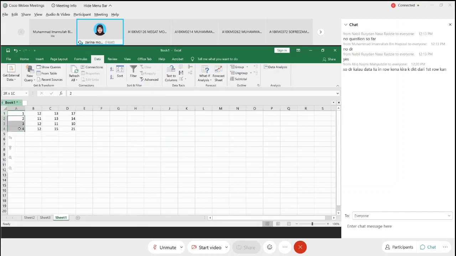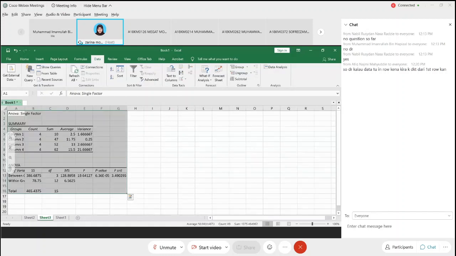Not this one, 2, 3, 4. And then the second group will have this. So this is wrong. You need to be very careful whether your data are arranged in columns or in rows. Just be careful with that, because if you get things wrong in the early stage, everything will be wrong. And if you use Excel, make sure to state